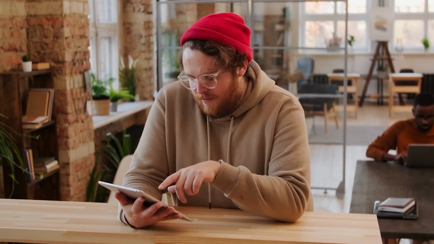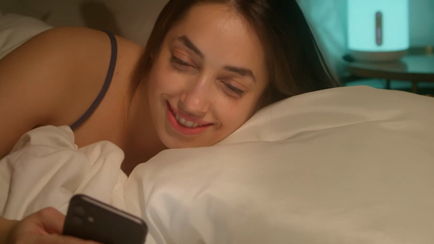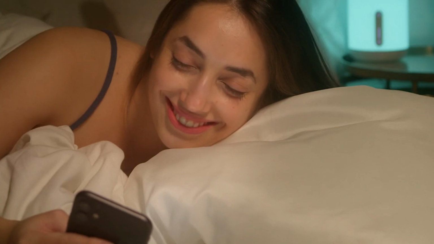Share instantly and get paid on a website, which I'll show you in just a minute. If you don't have a laptop or a computer, you don't have to worry. You can do this on your phone or tablet. The app is accessible on both Android and iOS, and you can do it even if you're lying in your bed or sitting on your couch.